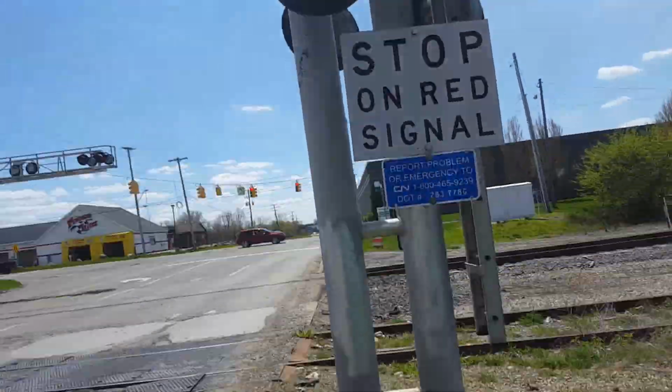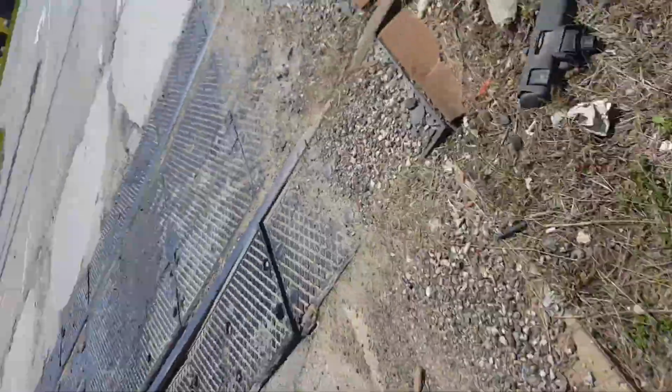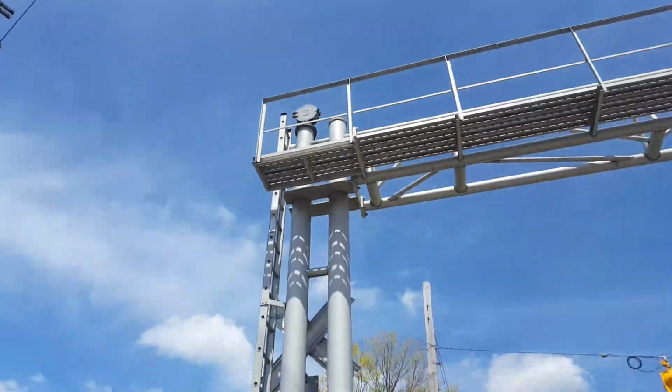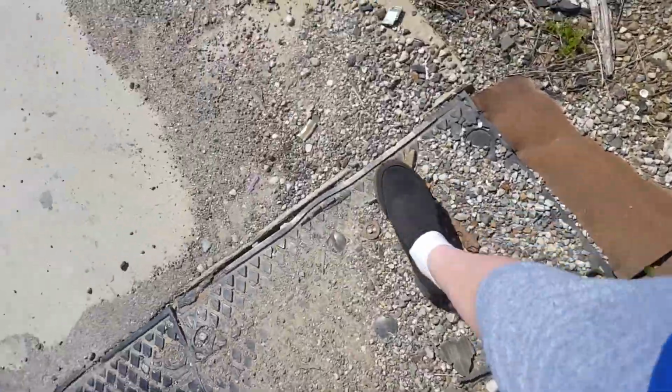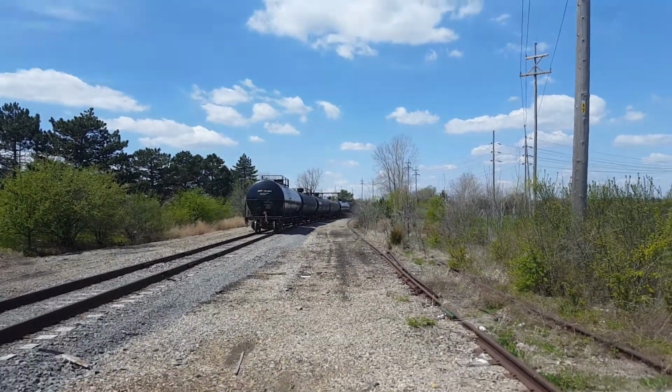And for the bell, hold on, I can't see that. For the bell, it has a mechanical bell on this crossing. It's a WRS mechanical bell. See the logo? And for the track view, down here heading east towards where the CSX train is,